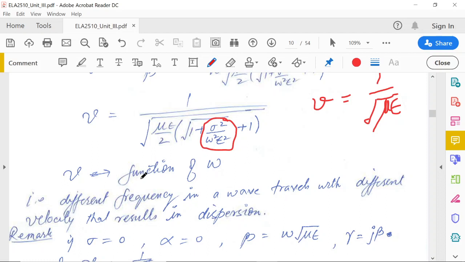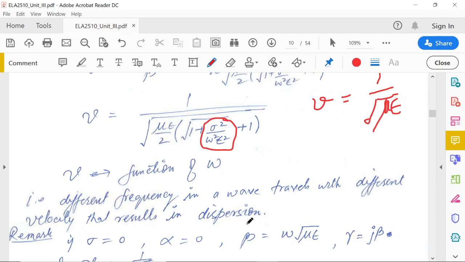So that will result in the different frequencies of a signal behaving differently. For example, if you have a signal with four frequencies, 1 kilohertz, 2 kilohertz, 3 kilohertz, 4 kilohertz, and you want to propagate it in space, then each frequency will have a different phase. So at the end result, the different signals will travel with a different speed and they will reach at different times. So now the signal will be dispersed, it will be spread in time. That is called dispersion, and this is a limitation of the communication channel. We want to avoid dispersion.